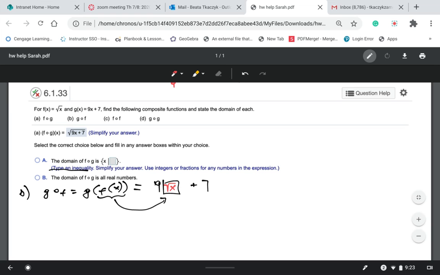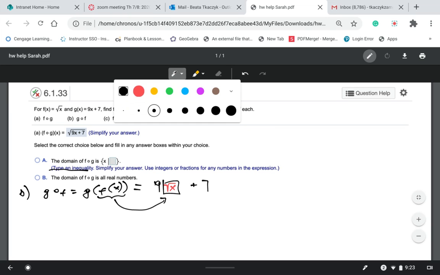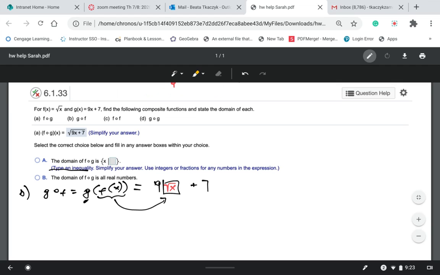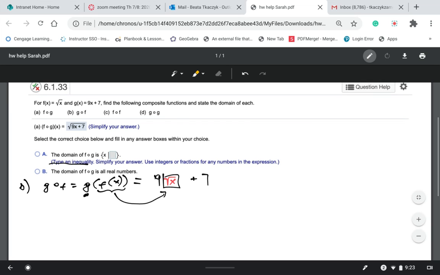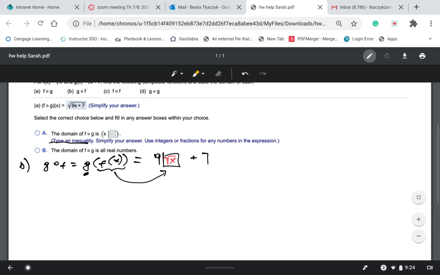So we replace the x of function g, because function g is outside, with the equation of function f of x, which is square root of x. Okay, so this is our composition. And now what we need to do is find the domain. So the same thing. To find the domain of g composed with f, which is again just 9 square root of x plus 7,